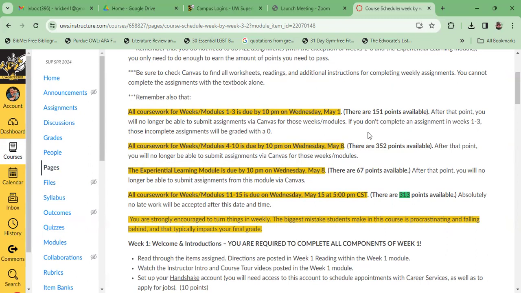If you miss an assignment in weeks 1 through 3, those will be graded with a 0. Same thing with the experiential module. If you don't complete something in there, that will convert to a 0 as well. And then the last thing is modules 11 through 15, due on Wednesday, May 15th. This is green just because I need to update it.